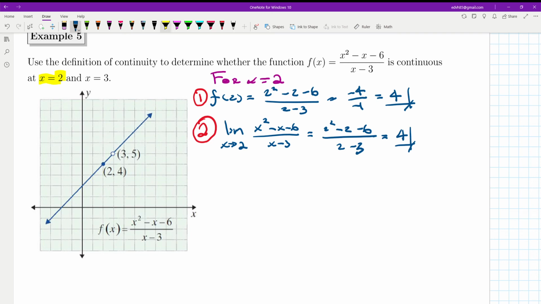So when we compare this to 1 with 2, for the third condition, we need to compare whether the limit of f of x as x approaches 2 is equal to f of 2. And for this reason, this is good, these two quantities are the same, 4 and 4, and for this reason, we can conclude